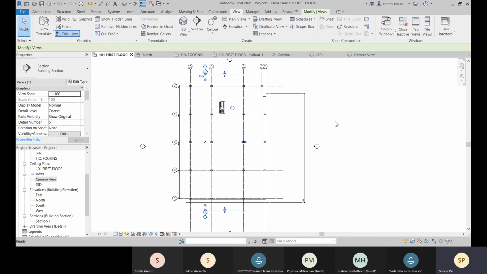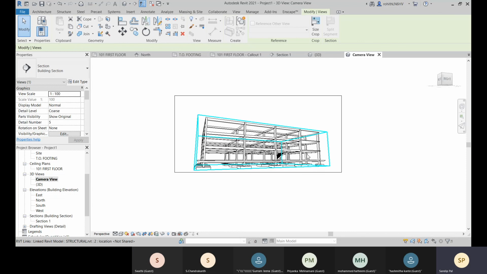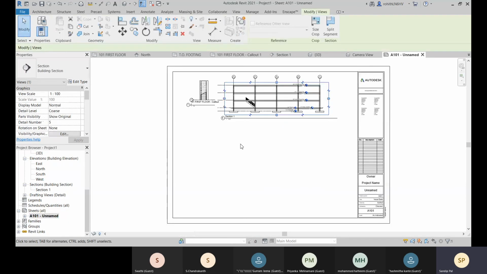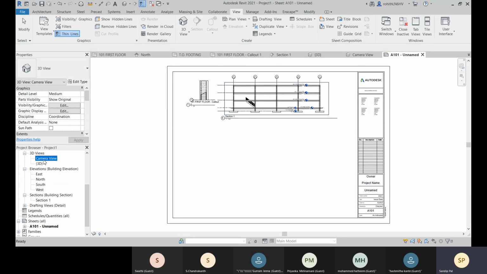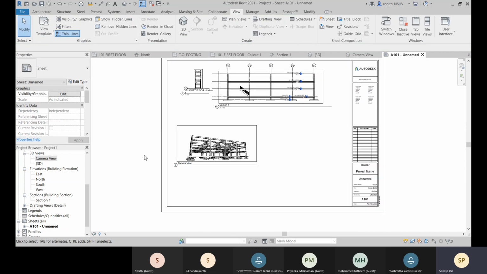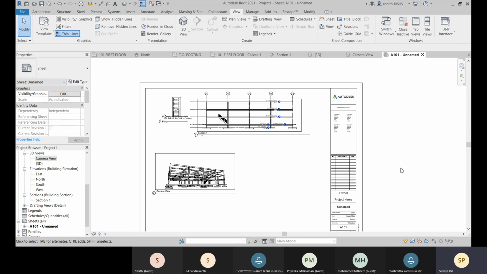And about placing our camera: camera placement is necessary to fix one 3D view. With that you can render it. So this will be your rendered view, and you can bring this into your project as well. You can place that view in the sheet, like this one you can also place over there. So this is how we created our views. All right, so these are the things we learned today.